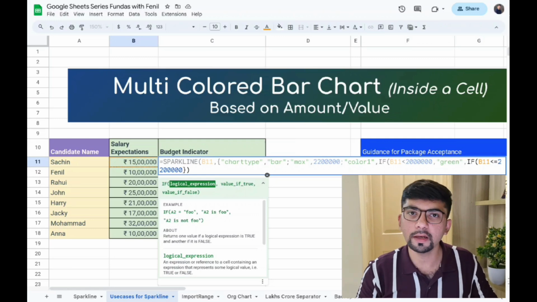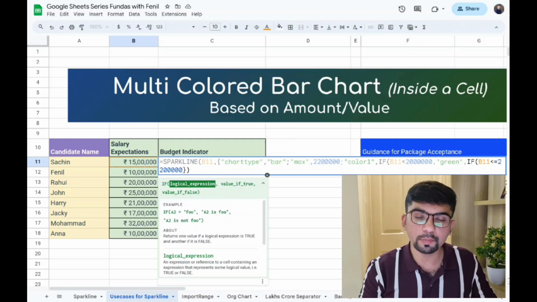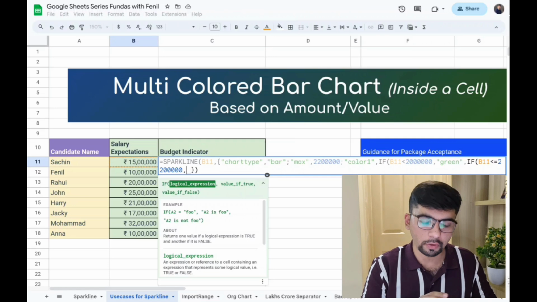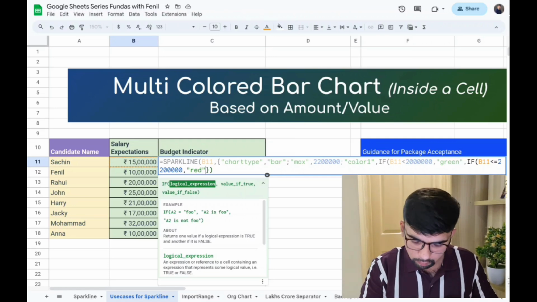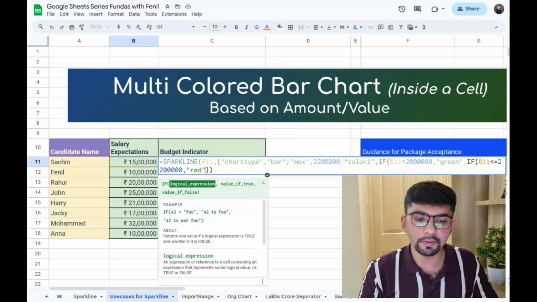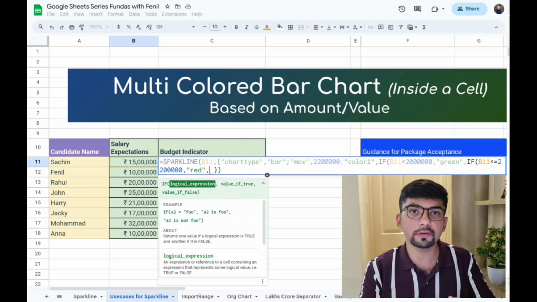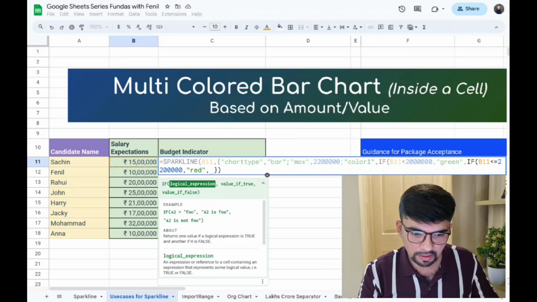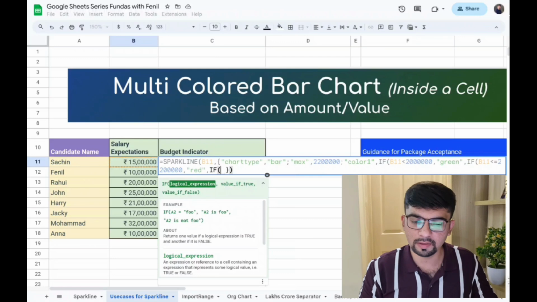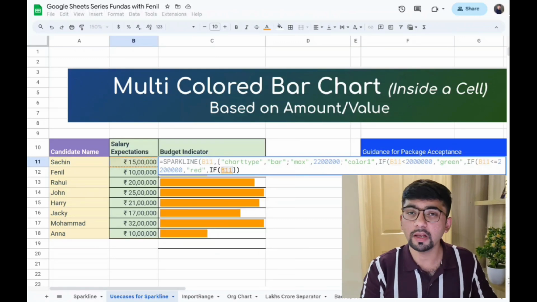22 lakh rupees, right? And then we put a comma and specify the color for it. Value if true, what will be the color? For it, the color, let's say, is red. Now we put a comma again, and now it's what if it is false, right? So we will bracket another if in it, and we'll start specifying again what it is, that this value now it is